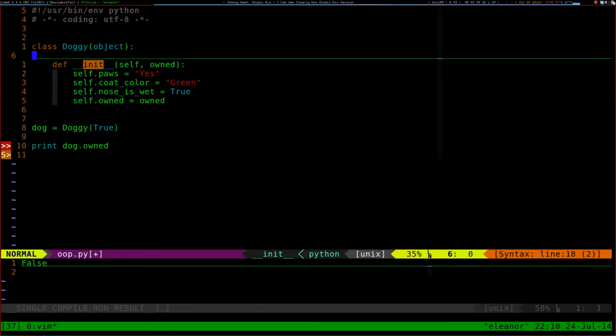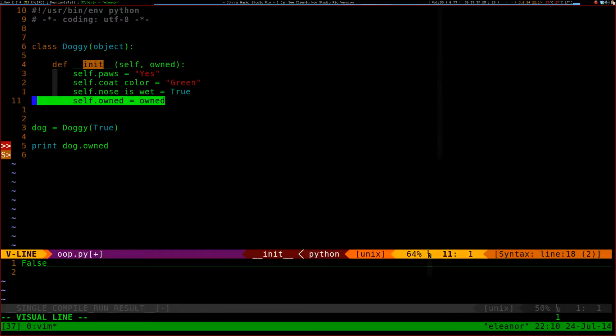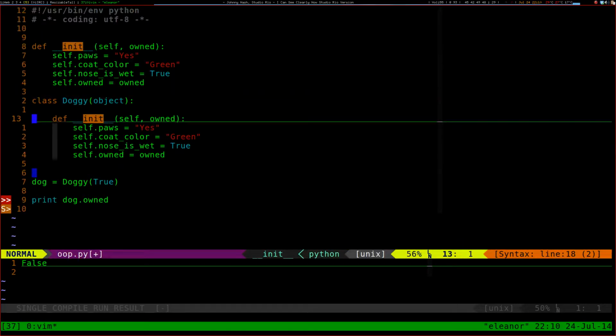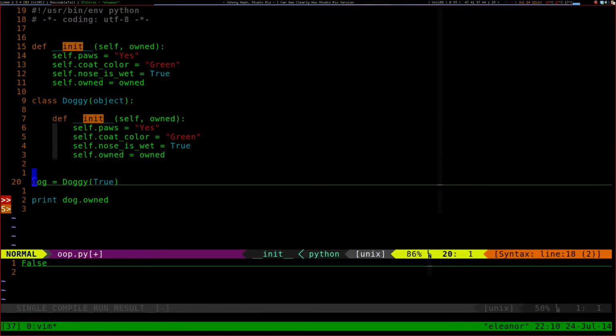The thing that sets apart this function from if we were to make the exact same function out here, which we could do, is this self guy. So when you call a method of an instance,